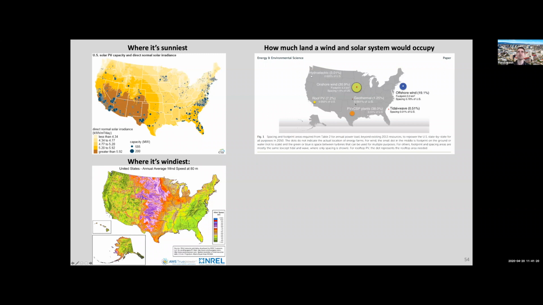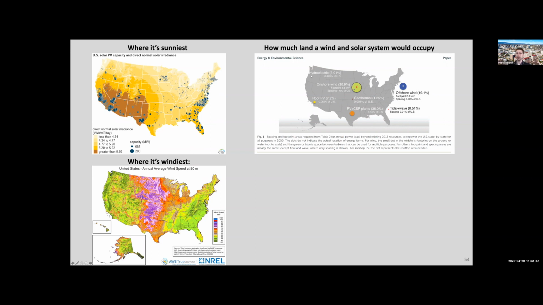They've studied how much of the land we'd have to use in the United States to get to 100% renewable energy in the United States. And that's what these dots are showing. So this is the amount of land covered by wind farms. So it's a lot. It's like the size of a state. So this is sitting over Iowa. And